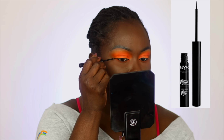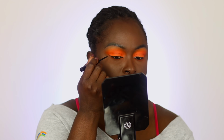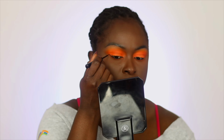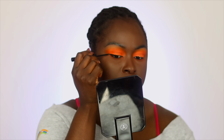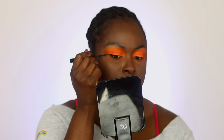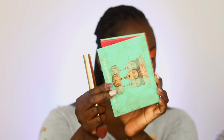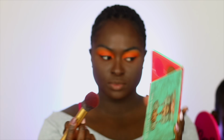And then I'm going in with the same orange shade, and I'm just applying it dry on my lower eyelid because I don't want it to be too intense. That's why I did dry. But if you want it to be equally as intense as your upper eyeshadow, then you're just going to have to put down a white eyeshadow base on your lower eyelid, and that will make the orange eyeshadow stand out really brightly. Then I go in and line my eyes with the NYX matte liquid eyeliner,